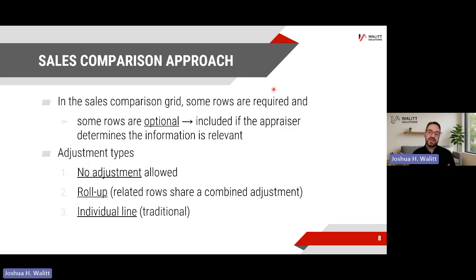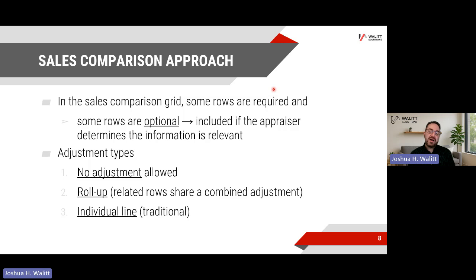There's no choice. Other times, the appraiser can choose to be incredibly granular about certain items and determine these are relevant for comparison purposes, maybe for adjusting, and they say, I want to include those rows. Other times they say, I don't need to include those rows, so it's optional.